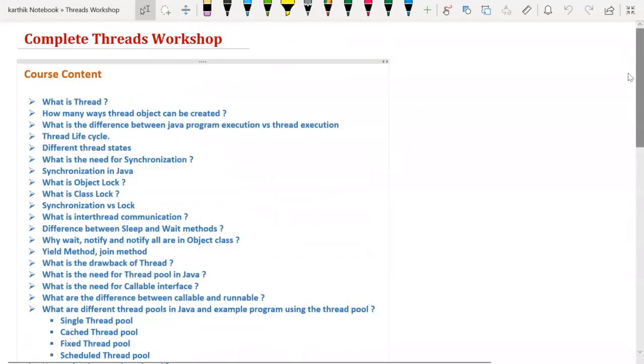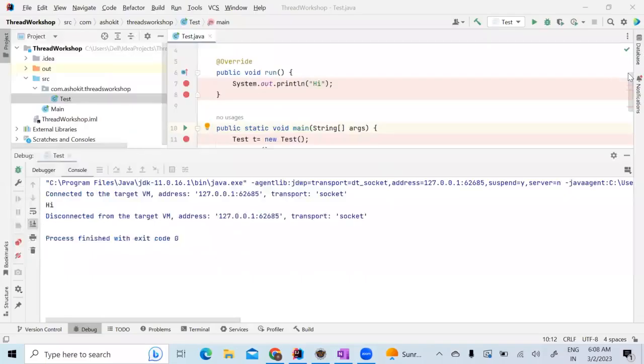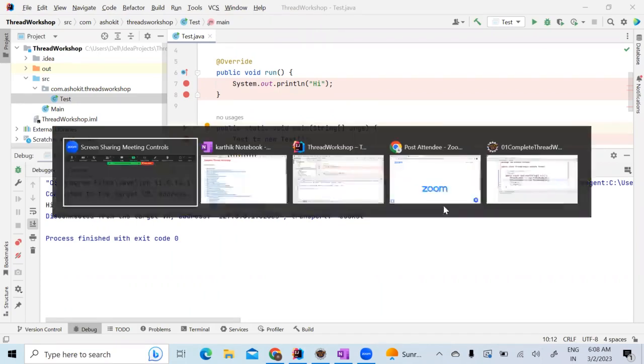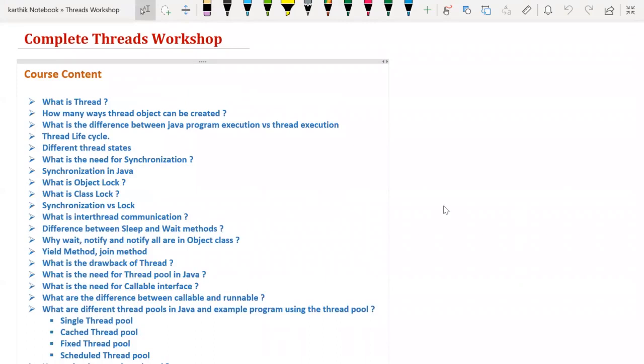So, do we have anyone who joined newly today? Anyone who joined newly today for the first time? Yes, Karthik, this is Satish, data structure. I joined newly in this. Okay. In the interest of everyone, I'll go through the course content that we discussed yesterday, and